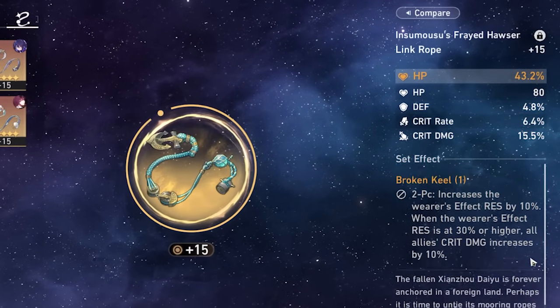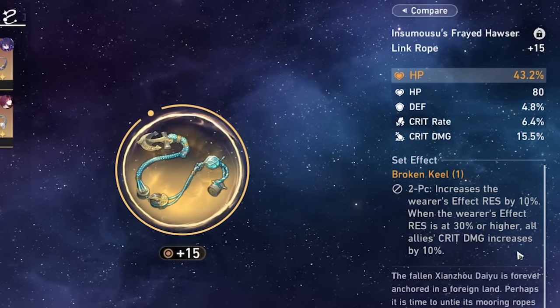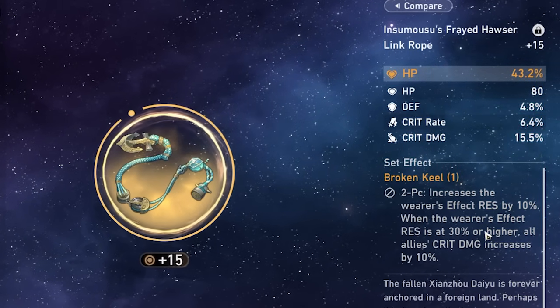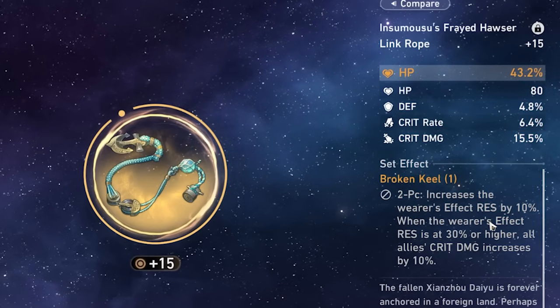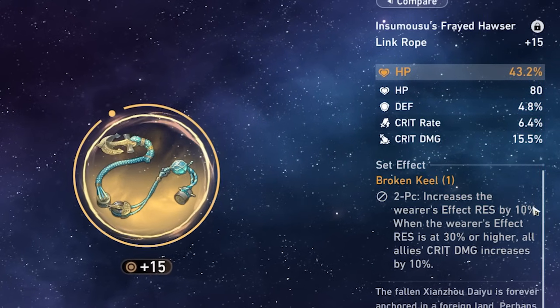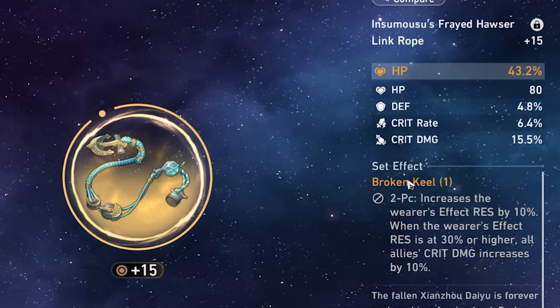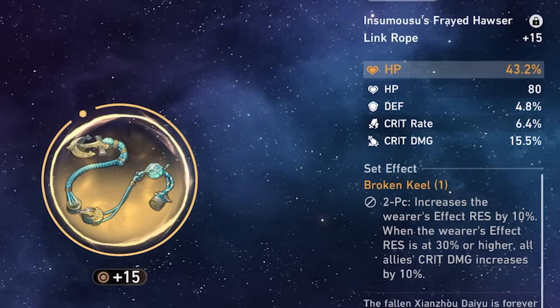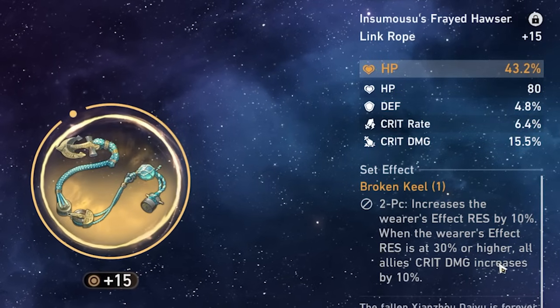And then of course the 2-piece set of Broken Keel would be really good on the character because effect resistance is very good for preservation characters anyways, and I'm sure she'll have effect resistance in her traces, so the more you can get from outside sources, the better. And then you'll give all of the allies in the team comp crit damage increases, which if you look at